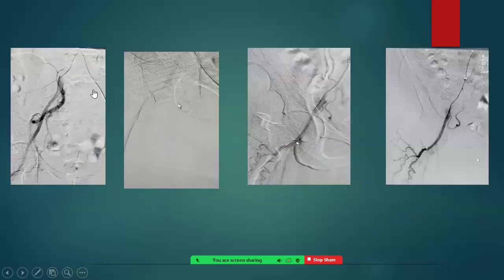As we take the crossover sheath and we take the angiogram,